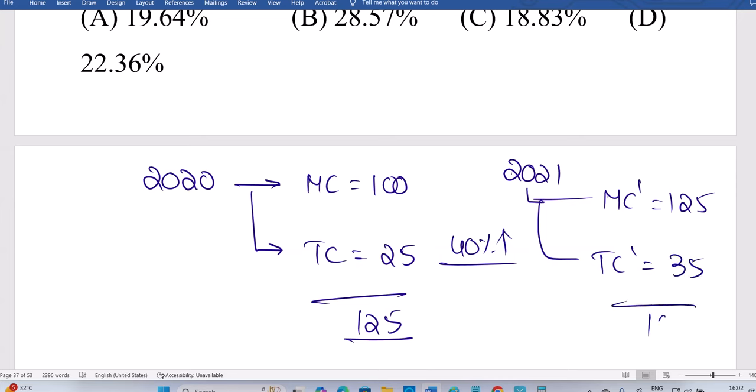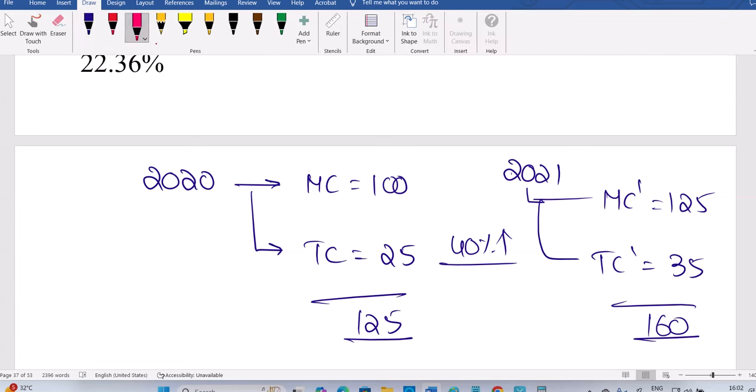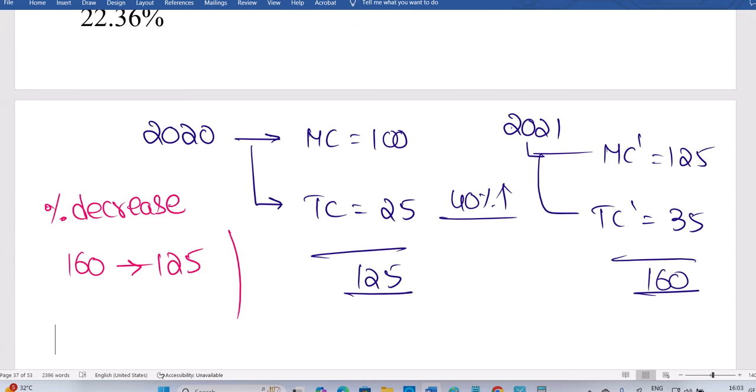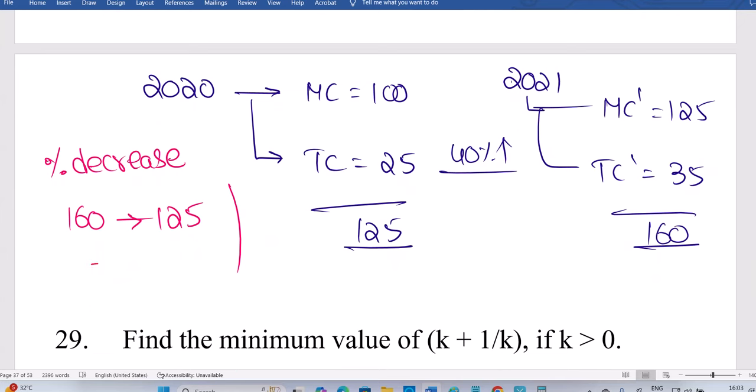Now what is the cost here? 160. Now the question is, 160 should be brought back to 125. Is it an increase or a decrease? The question asks for the percentage decrease. The amount in 2021 I have to reduce to the 2020 amount. I have to change that 160 to 125. What is the percentage change? So what is the change here? 35 divided by